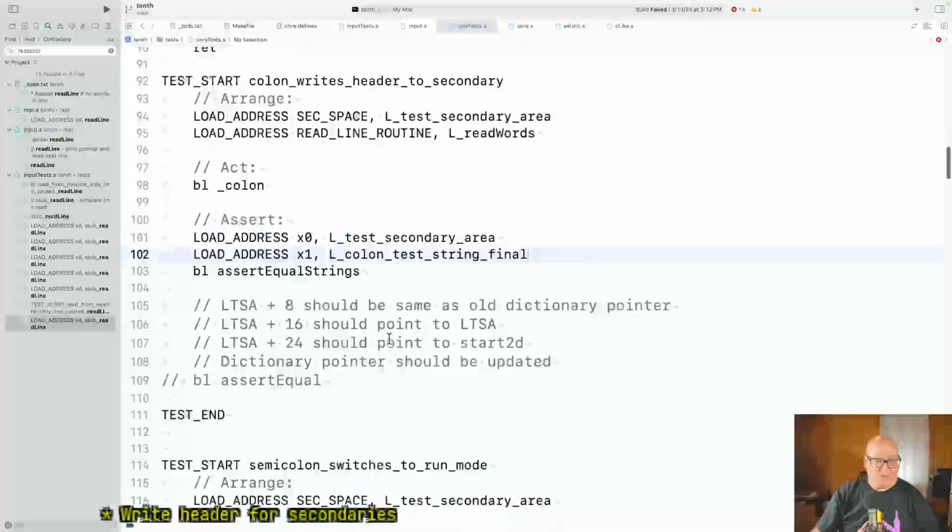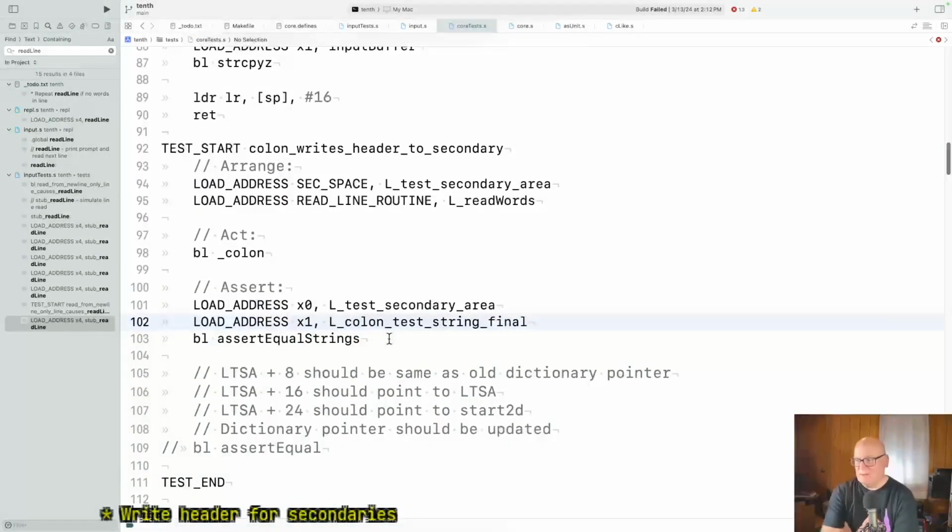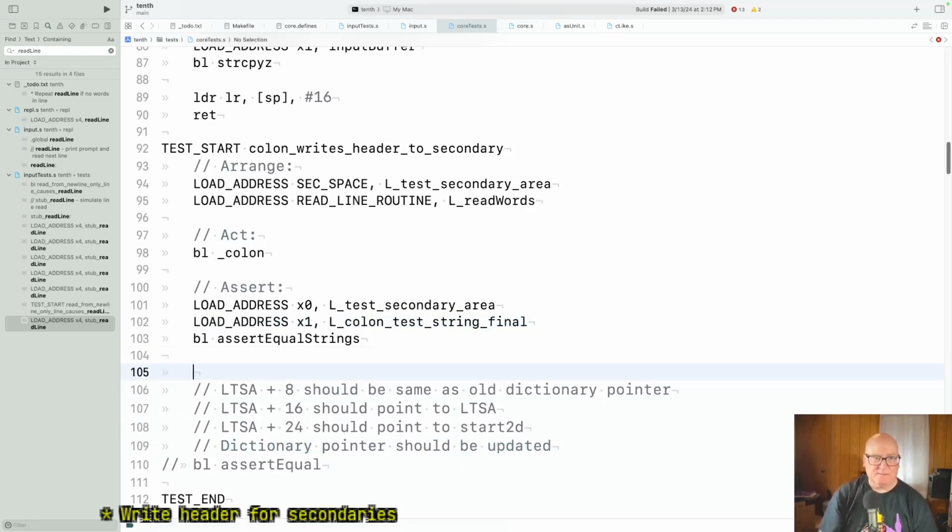Now we know there's more that has to happen for that character to be right. All we've done is write the string. Okay, LTSA, the load test secondary area, plus 8 should be the same as the old dictionary pointer. Okay, we're definitely not doing that. Dictionary pointer should be updated. I think the real thing is the secondary space should be,